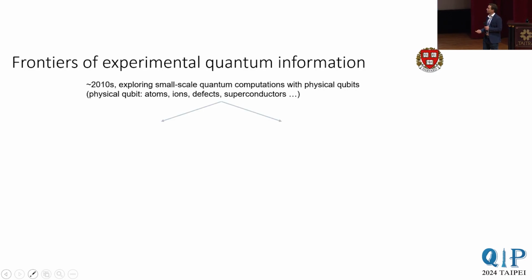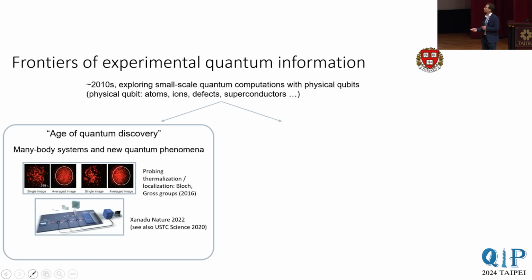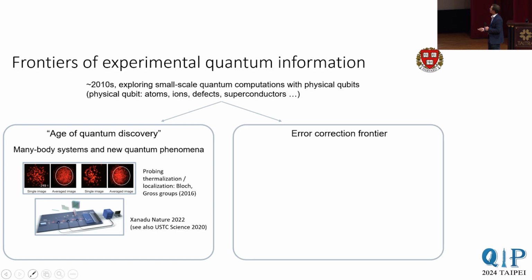And recently, we've become better and better at controlling these physical qubit systems, now to the level that we can assemble them into complex many-body systems that start to do interesting things, and start to really use this as a scientific tool to make quantum discoveries. This is one big thrust that's pretty exciting right now in experimental quantum information.